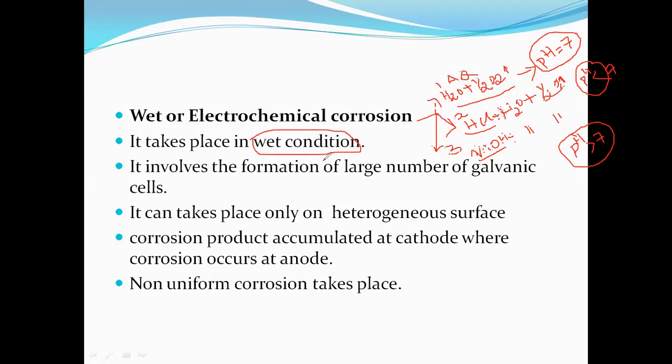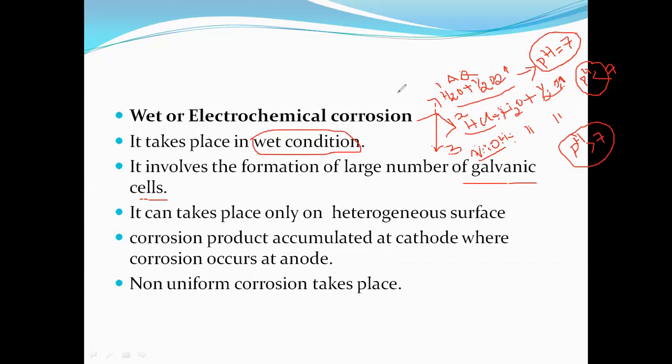Now when the metal is placed in the aqueous condition, the wet condition, we get a galvanic type of corrosion. What is known as a galvanic type, right? The word galvanic type indicates that the metal surface is known to be anode and the solution medium is known to be cathode. Let me say it again: when we are taking the metal under the aqueous condition, the metal surface acts as anode and the solution medium is known to be cathode.